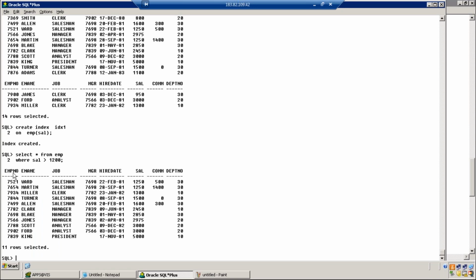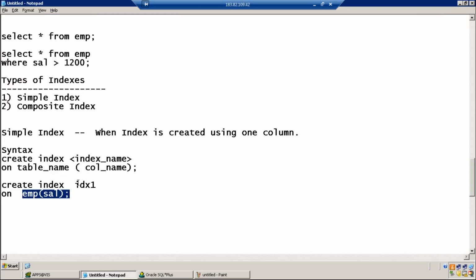The employee table has 8 columns. Should we create IDX1, IDX2, IDX3 on all 8 columns? No. We create indexes only on the columns which are frequently used in the where clause. So on those frequently used columns we create indexes so that the queries will run very, very fast.